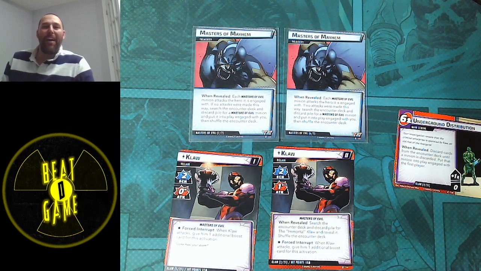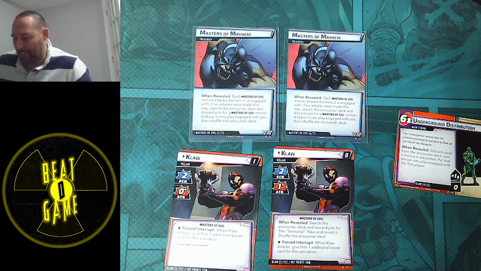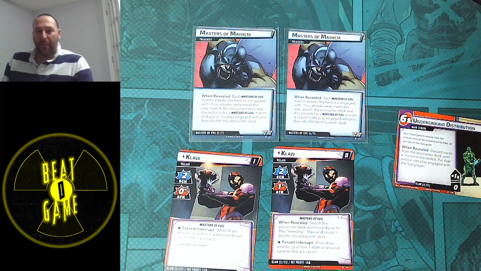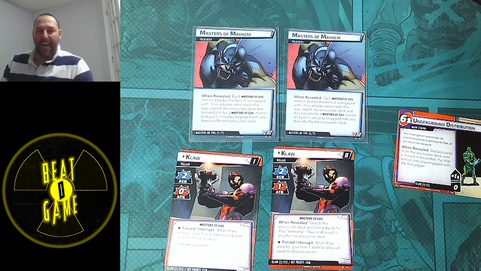That's why I call it a level 3 danger, because they have to attack you. Each Masters of Evil minion attacks the hero it's engaged with. And if you're an alter ego, you go get another one. So even if there's only one in play and the other ones are in the discard pile because you already killed them, you have to go fetch another one because it didn't attack. So as long as one